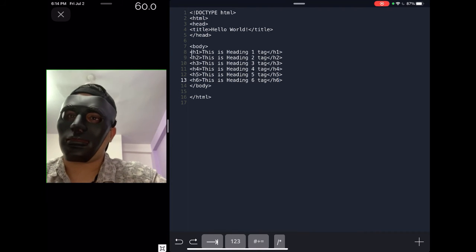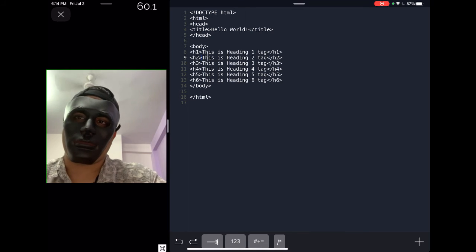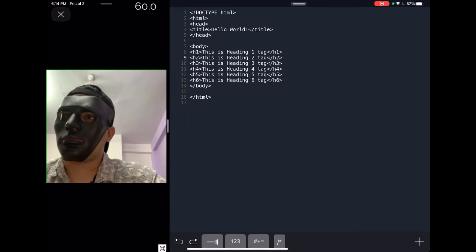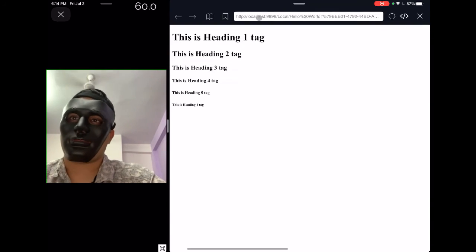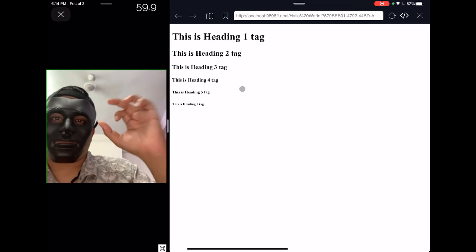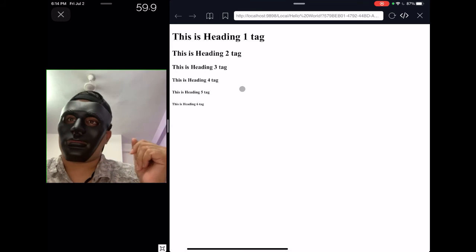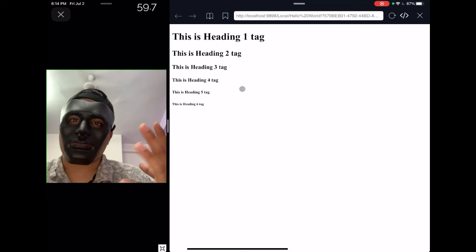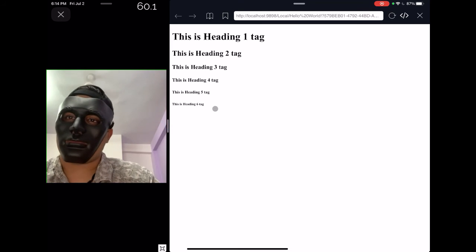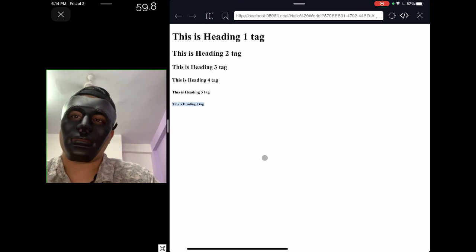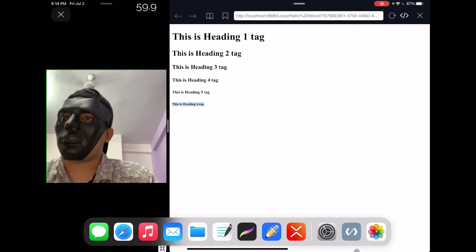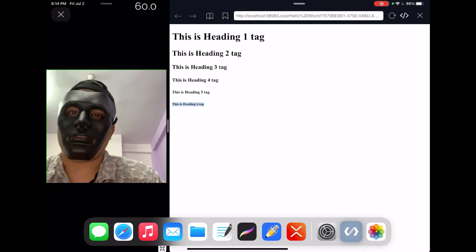As you can see, we have opened the tag, we have closed the tag, we have opened the tag, we have closed the tag, and that's how it goes. Now I think we can move further over here, and you can see what happens. Here you go, the font decreases, the boldness decreases, the emphasis is given less till you reach the last tag, which is the heading 6 tag. So this is how H1, H2, H3, H4, H5 and H6 work.